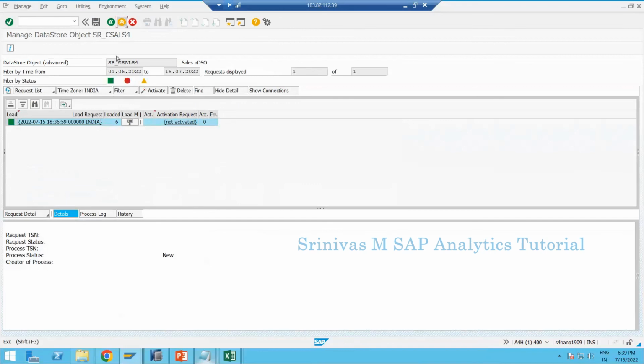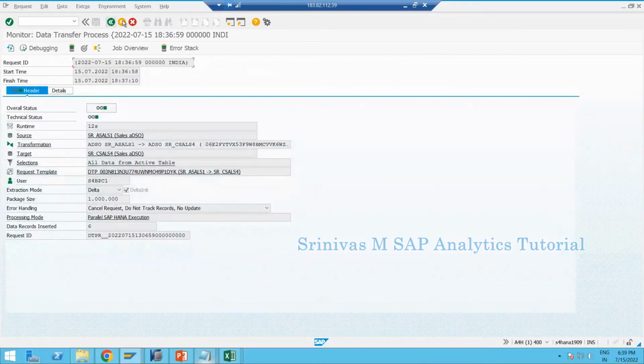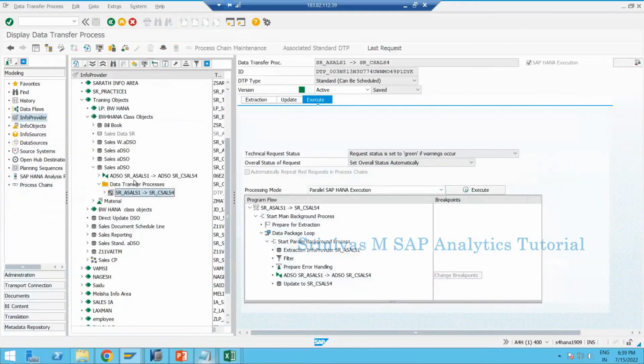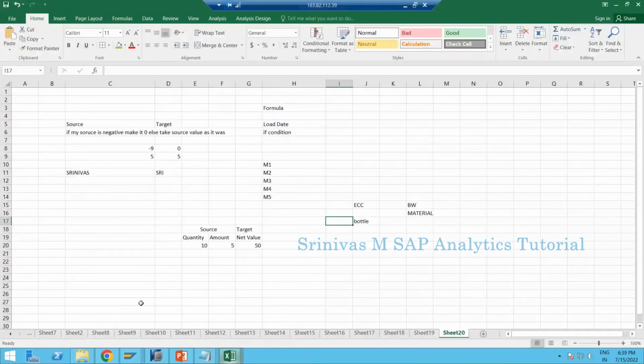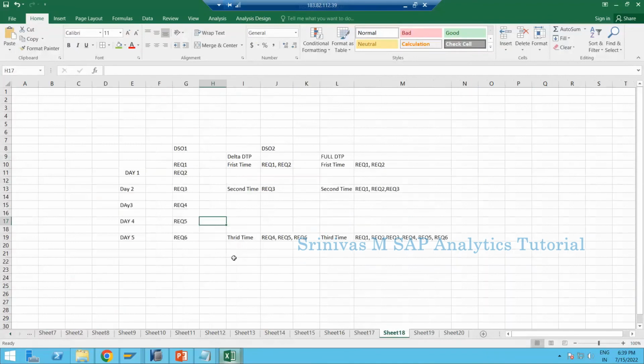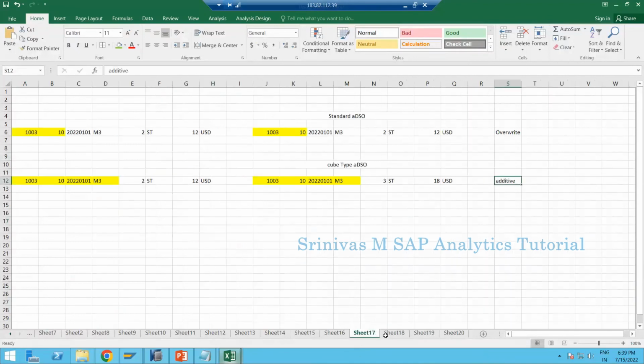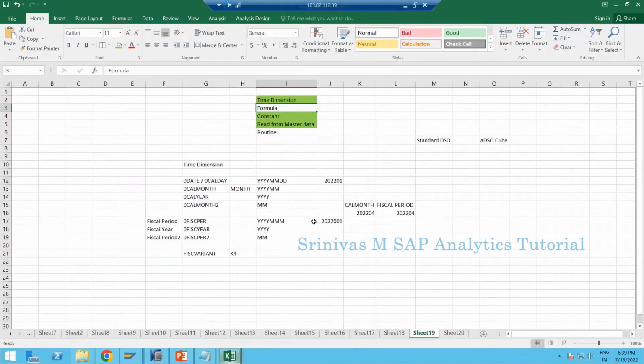So there is nothing much to discuss here. So far we learned about transformations and the transformation formulas also. We covered most of the topics. The only pending topic that is open is the routine part, how to write ABAP routines at the transformation level. We will discuss this when we go through the ABAP sessions, because to write any ABAP, first of all you need